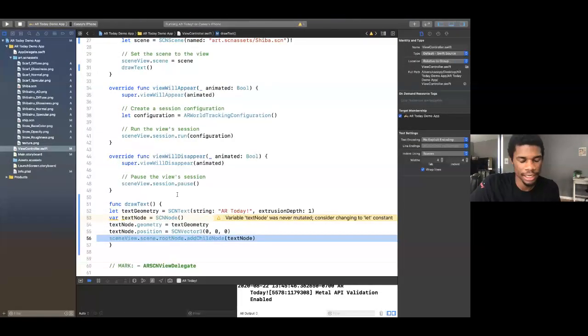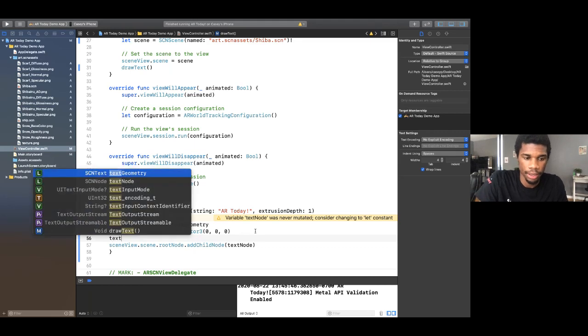3, 2, 1, and let's see here. Yeah, it's just a really big word. So let's change that just because it's not working quite how we want it to. How about we change the size of this? Well, text node